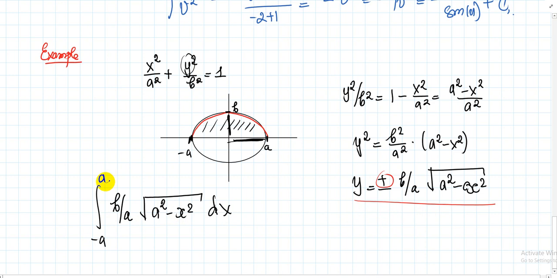Okay? You see, in order to find the areas of circles and ellipses, we need to apply trigonometric integration, substitution. Okay? And we can find this integration easily by just applying the substitution, where x is equal to a times sine of